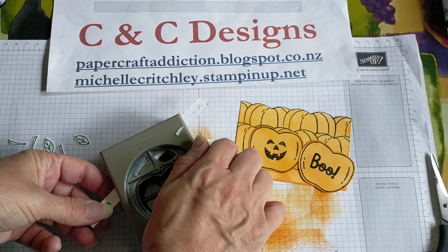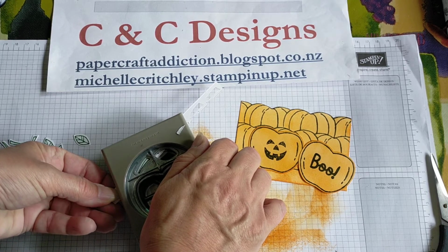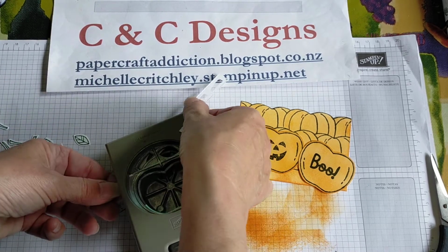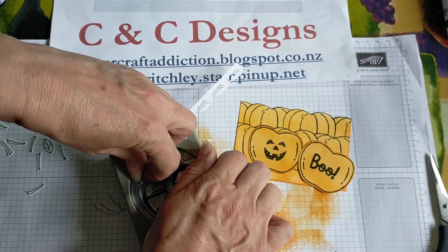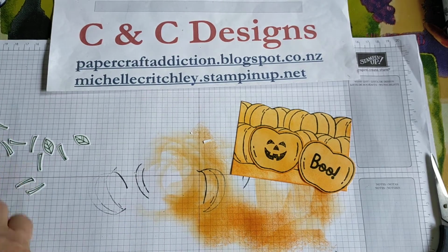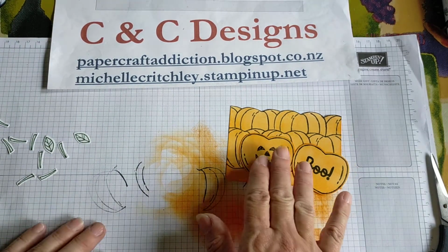So there's my stems. I'm going to add a bit of green color to them. I might either sponge it or I might do Stampin' Blends. I haven't decided yet, but that's it. So got all those done. Lots of stems there, probably enough, I hope. All right,